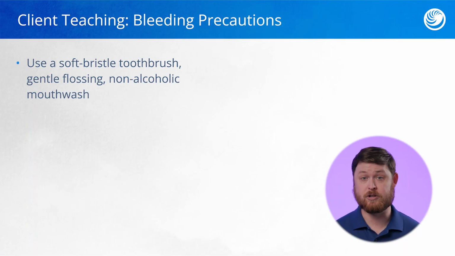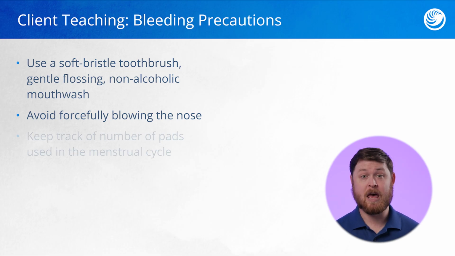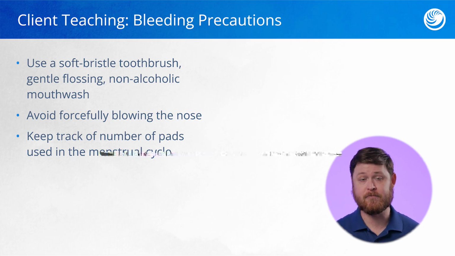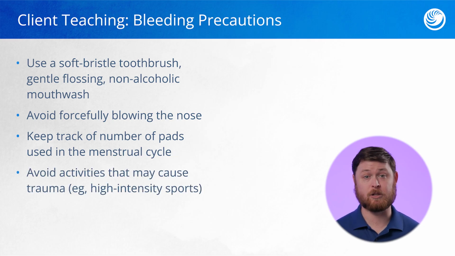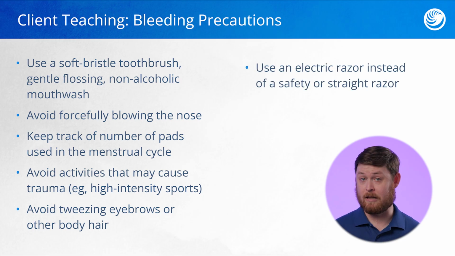For clients with thrombocytopenia, the nurse should provide education about preventing uncontrolled bleeding. This includes using a soft bristle toothbrush, gentle flossing, and non-alcoholic mouthwash to prevent trauma to the oral cavity, avoiding forceful blowing of the nose, which can burst nasal capillaries, keeping track of the number of pads used during the menstrual cycle and reporting an abnormally high number to the healthcare provider, avoiding activities that may cause trauma, including high-intensity or impact sports, avoiding tweezing eyebrows or hair from other parts of the body,